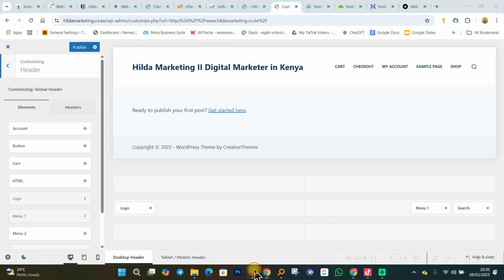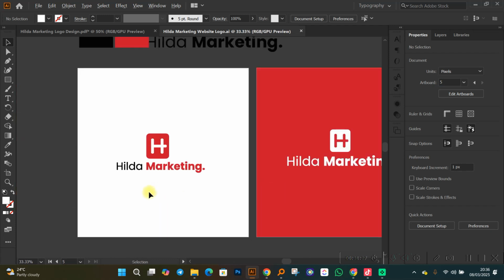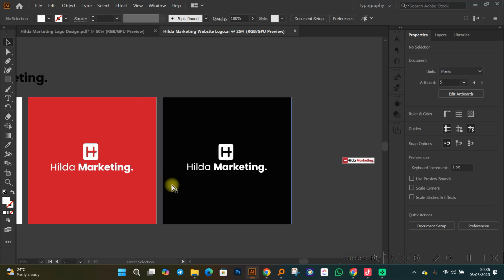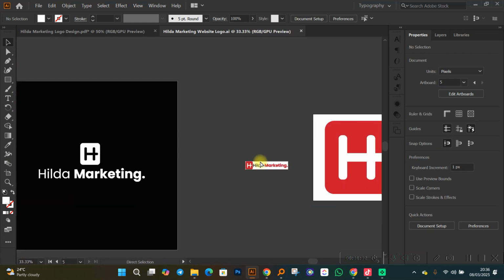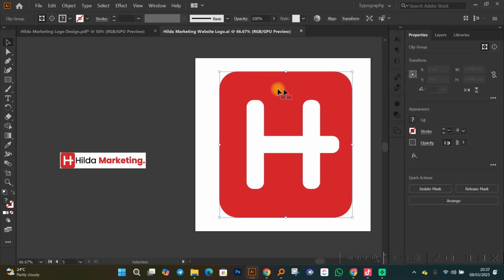Okay, I'm going to introduce you to something else, ladies and gentlemen. Who can tell me what this particular software is? Anyone who would like to attempt? It's Adobe Illustrator. I was able to craft a very simple logo for the website using Adobe Illustrator. This logo is what we will use for the website. Now, you might be wondering what this H is. I'm going to show you what it is.